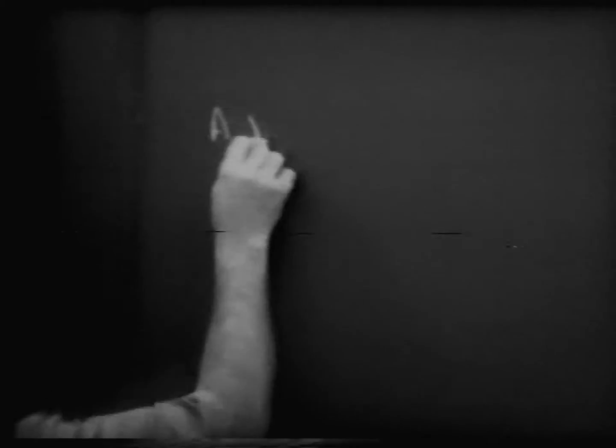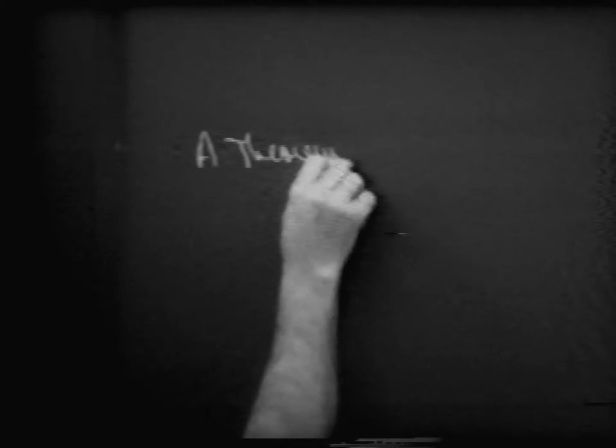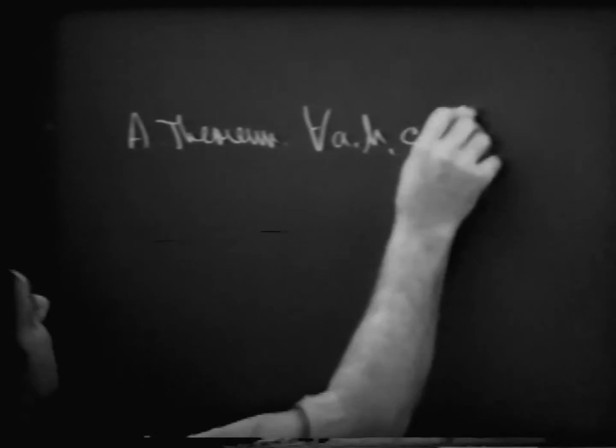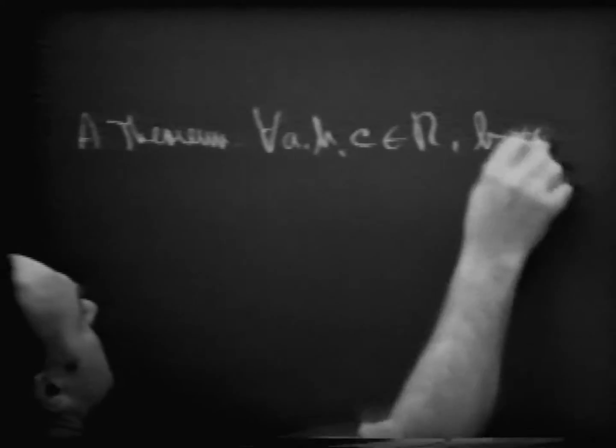Today's lesson has to do with simplifying rational expressions. Before we do so, there's one very crucial theorem that we need to rely on. So let's go through that theorem and the proof of it. For every A and B and C belonging to the set of real numbers where B is not 0